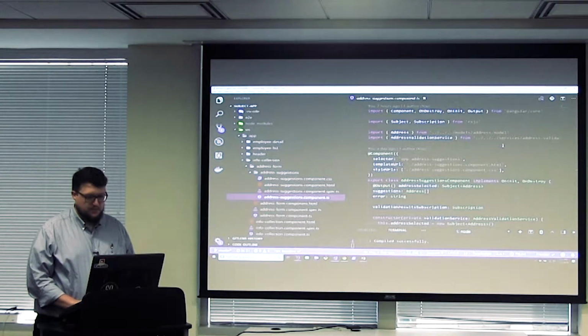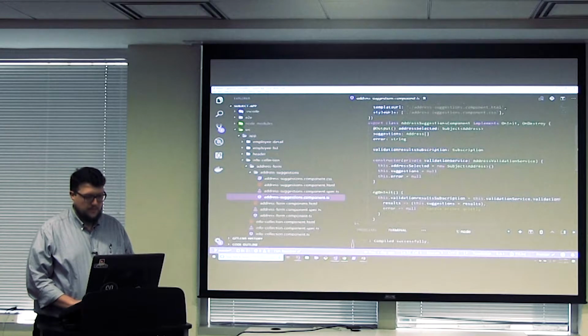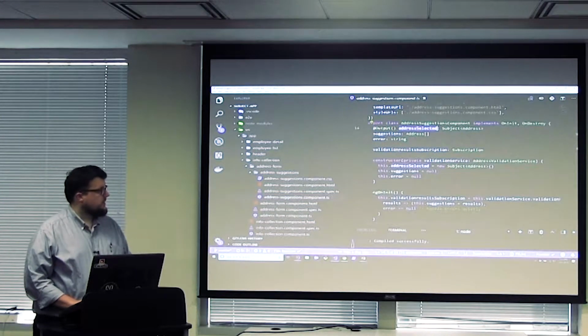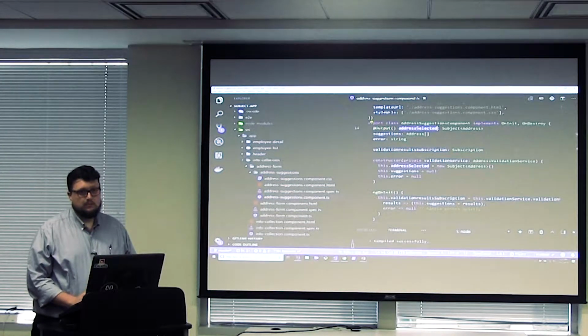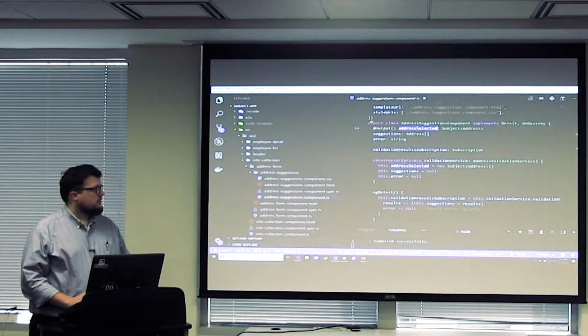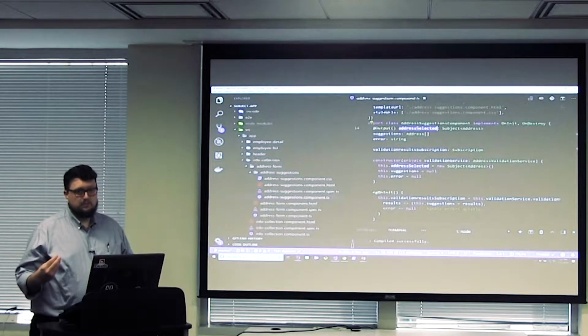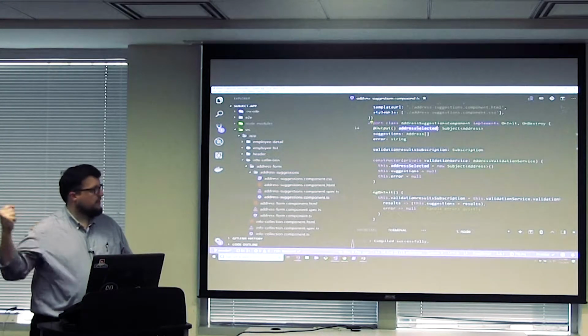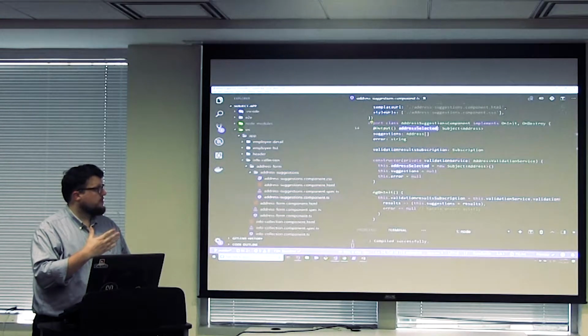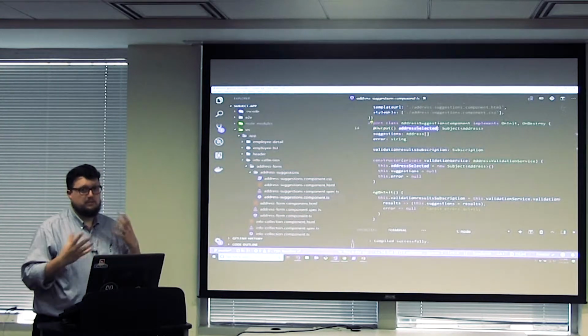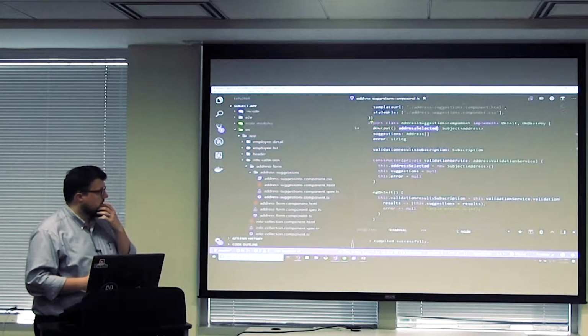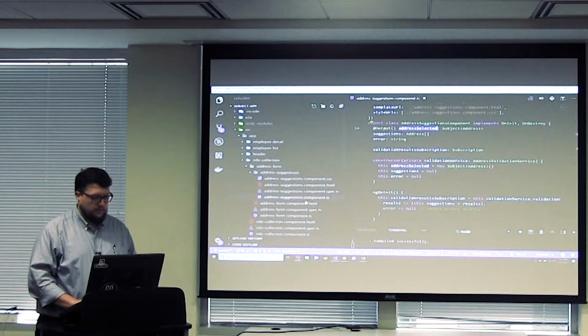Well, the suggestions component has a subject that is output of type address. So when we hit the select button, straight from the HTML, we're taking the address object and dumping it into the subject. So anybody listening to this can grab it and know what address was selected. And if we look at the parent